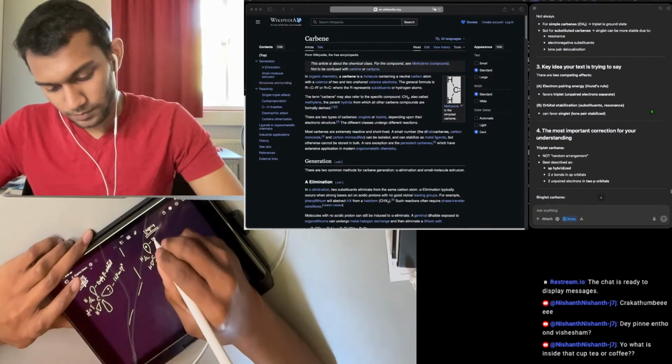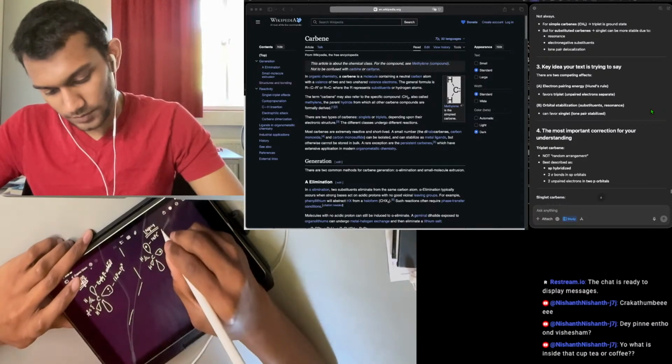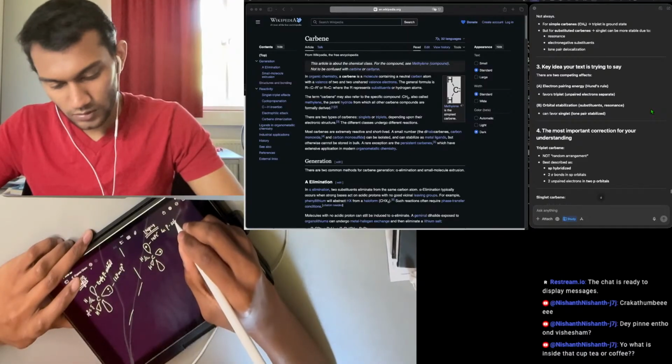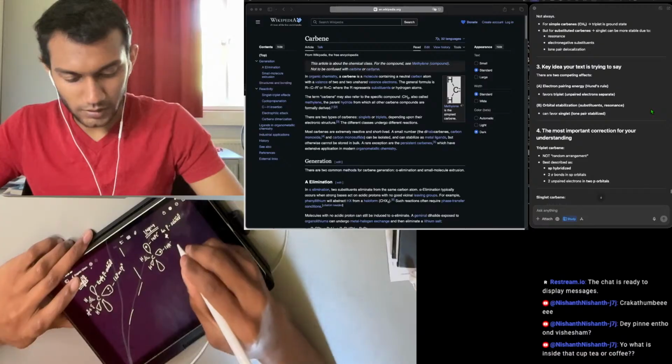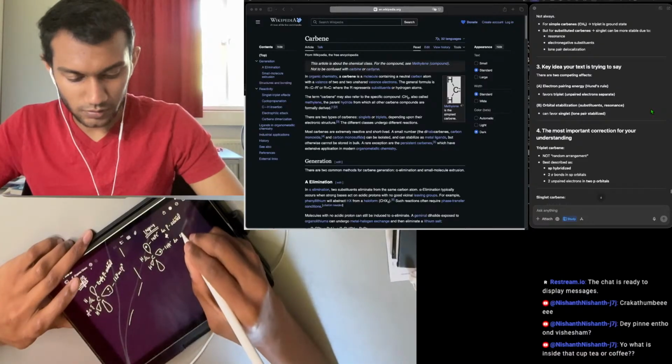One unpaired electron in p orbital and one unpaired electron in sp2 orbital,